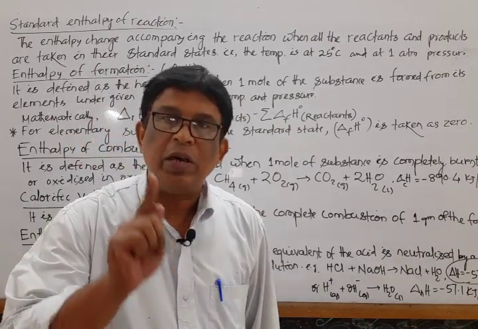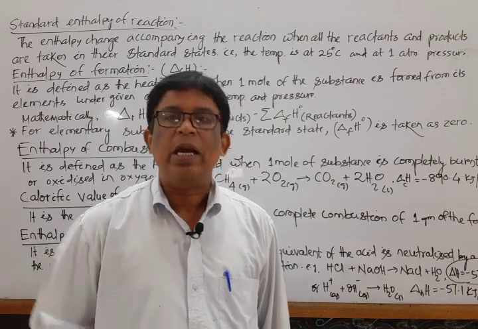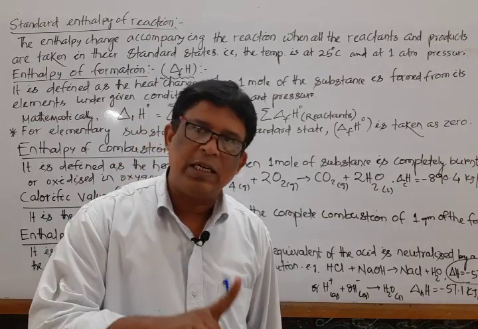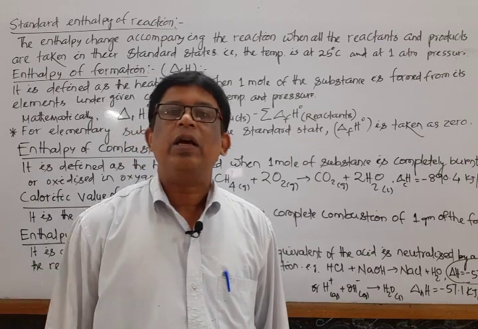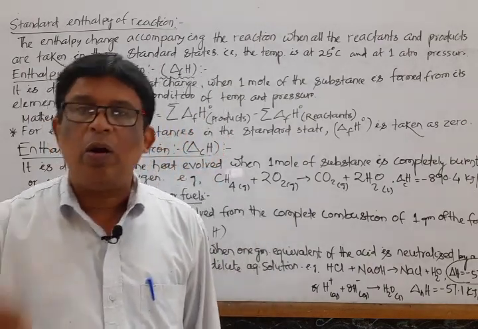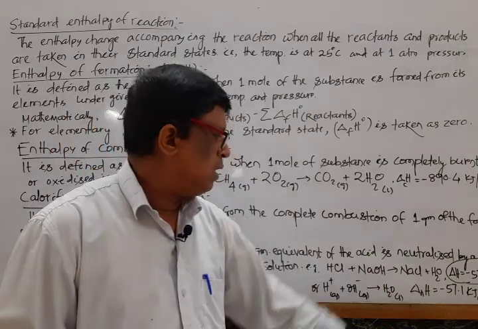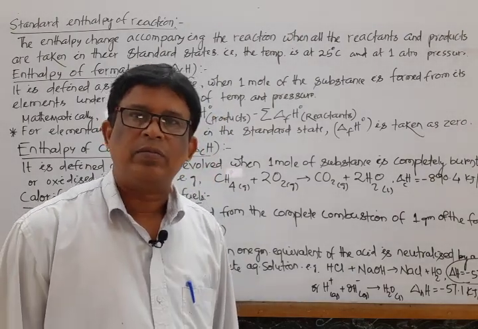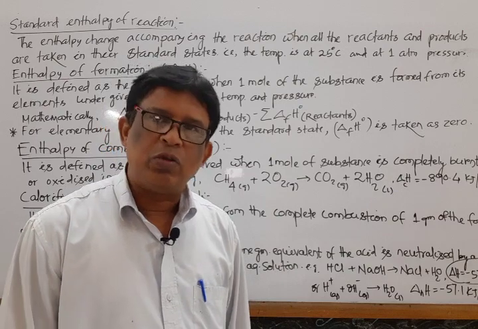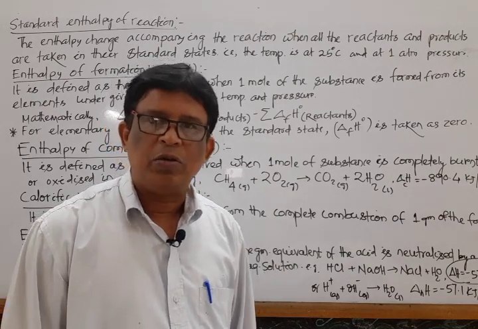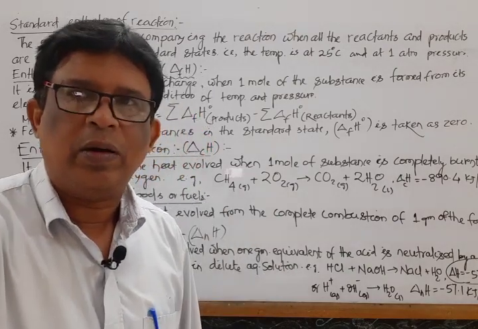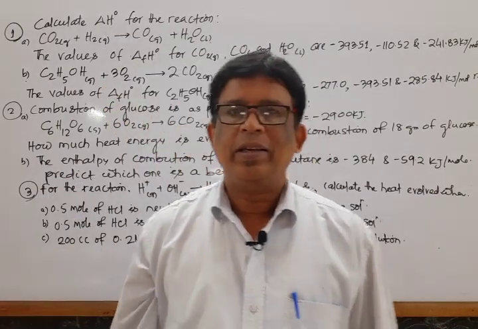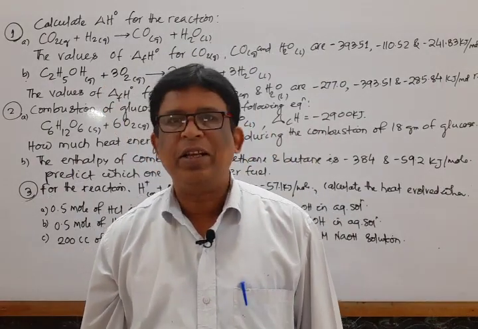Okay, and the most important thing you have to remember is that if either the acid is weak or the base is weak, then the amount of heat evolved is always less than 57.1 kilojoule per mole. It is the definition part. Then we switch over to page 3, to some numericals one by one. Let us apply this concept for solving the problem.